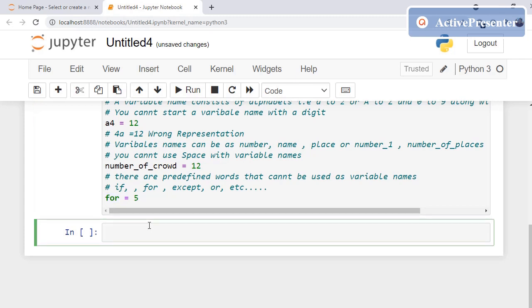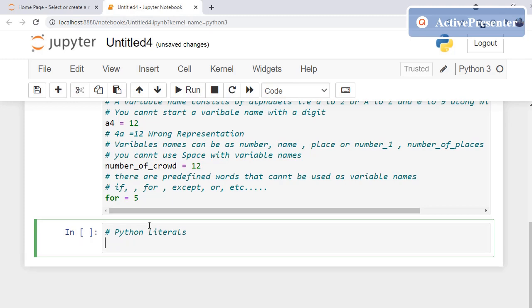Next is Python literals. So what is a Python literal? A Python literal is nothing but raw data used for representing a fixed value. So I'll write: literals are raw data used to represent fixed values.